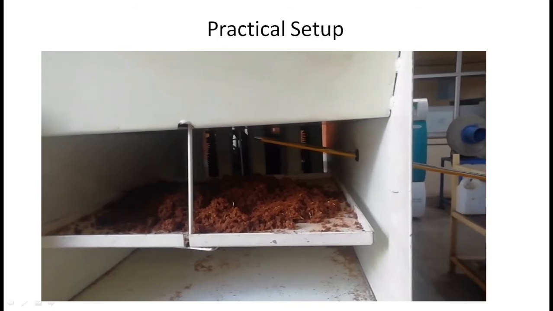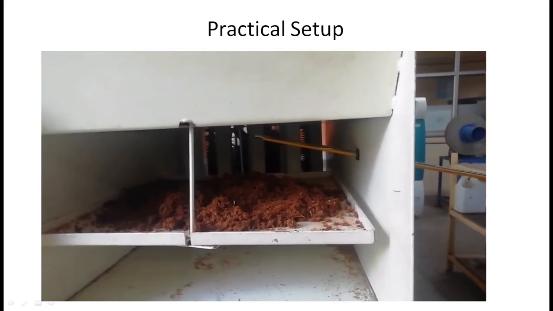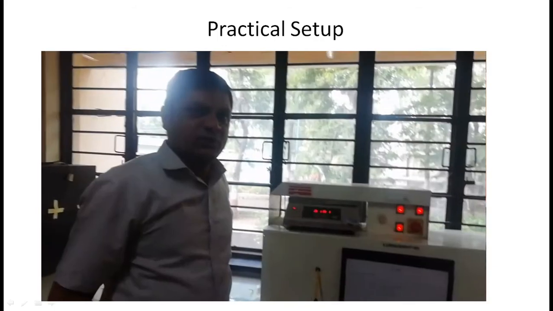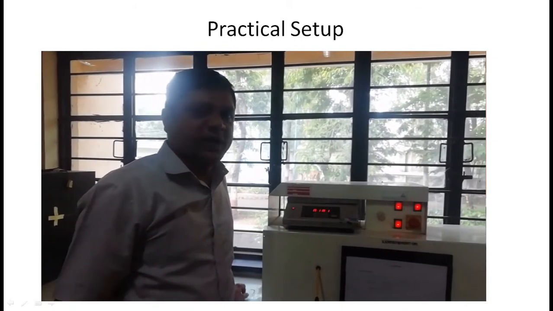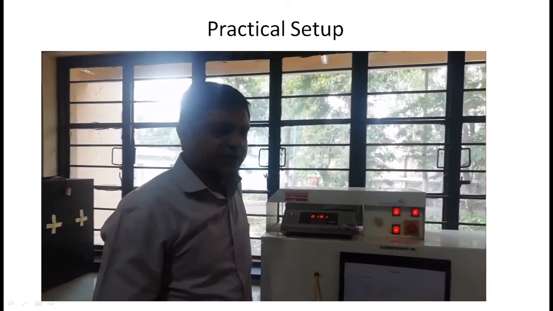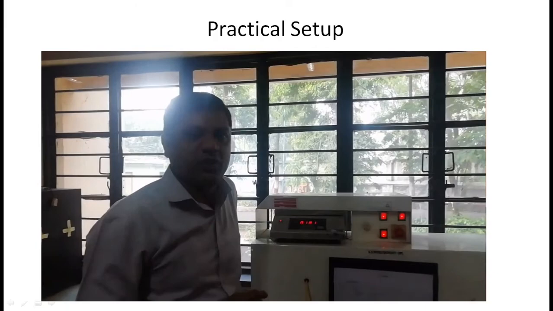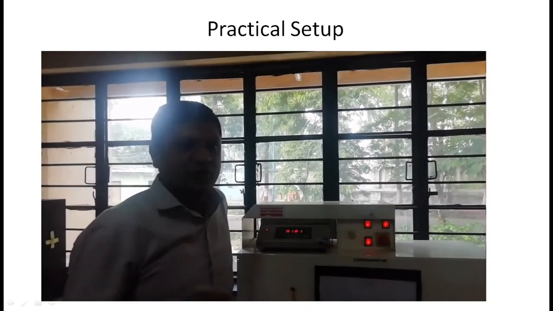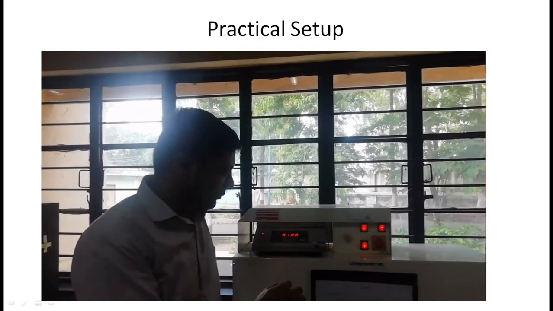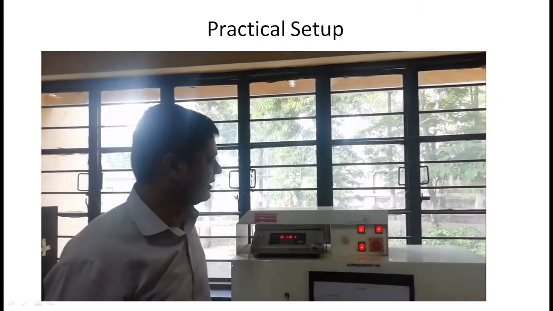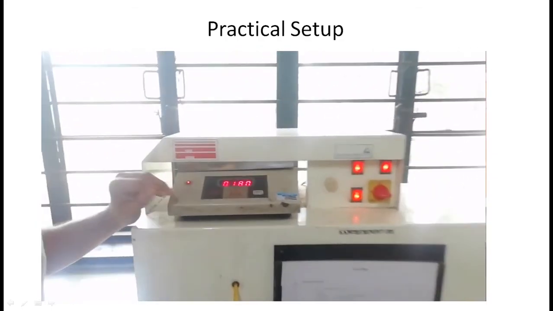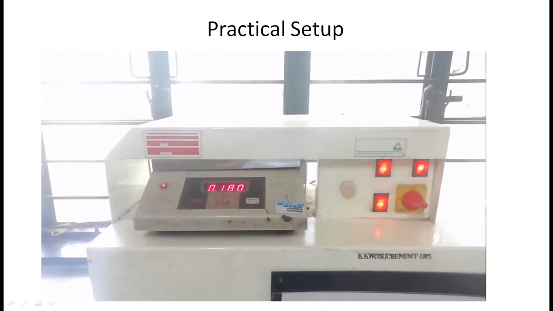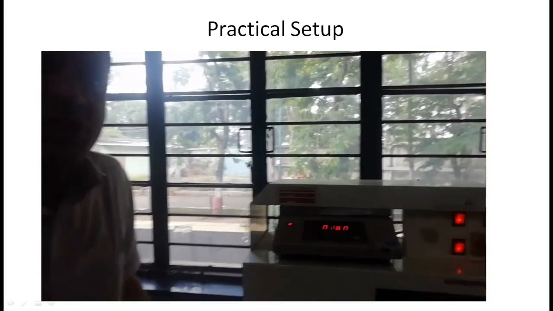As I explained to you in the PPT. So in our practical process we are measuring the weight reduced, that is the amount of moisture removed from that sawdust, in intervals of 5 minutes. So every 5 minutes we are measuring the temperature of the hot gases and the weight reduced by these hot gases from that sawdust, that is the moisture removed. Okay.